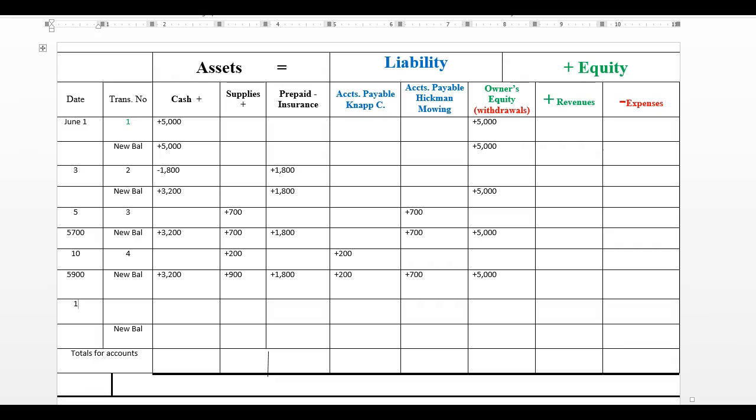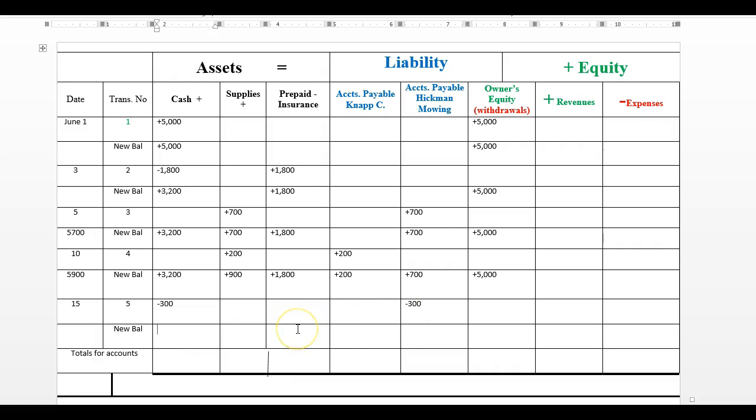Okay, so now we're looking at June 15th, which is transaction number 5. And what it says is paid cash on account to Hickman Mowing. Which two accounts are affected? Yes, cash because we're paying cash out, and Hickman Mowing because we're paying on something that we've charged earlier. So if we paid cash on account, are we going to add cash or subtract cash? Perfect. We're going to take $300 because we paid it. $300 to Hickman Mowing. Now, since we took it out of there and we have to balance Hickman Mowing, we're